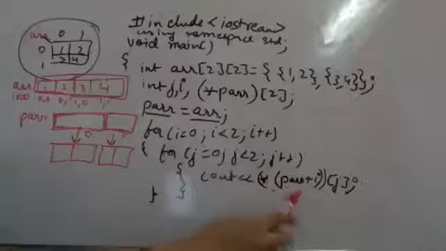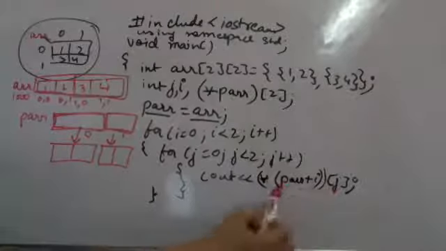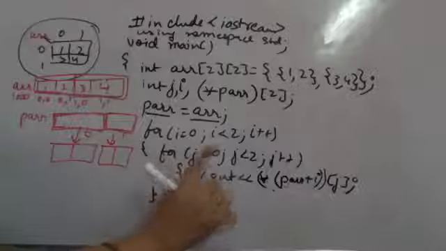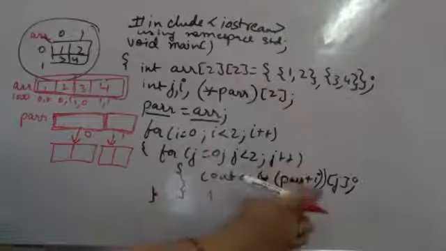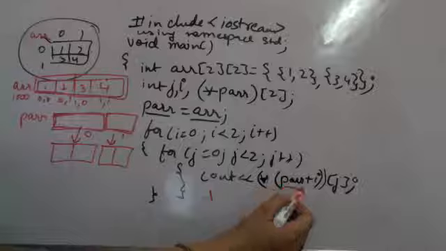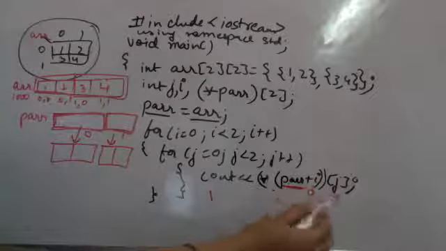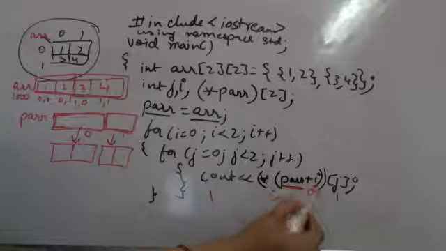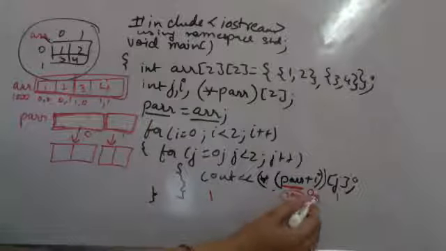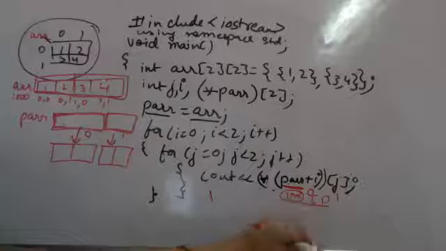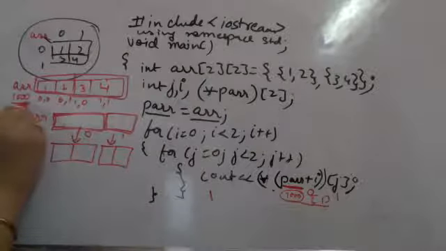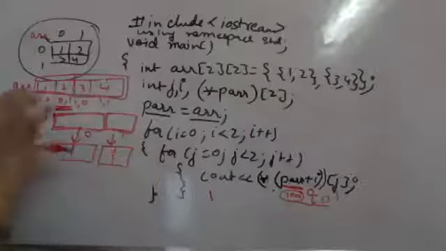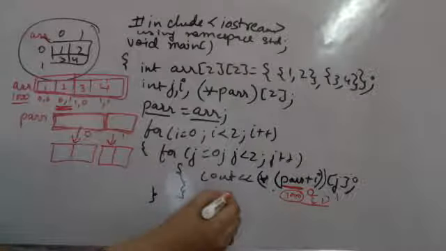In short, if we start from 0, 0 here, I is 0, j is 0, 0 remains 0, this is also 0, the value at the initial address, 1, gets printed. Next time j is incremented, I remains 0. So here the pointer to the array is the same, I is still 0, j has become 1. So when I am looking at the value, this plus 0 remains the same, which is 1000. Now we will look at the first address of the 1000 location. You have to understand that we are looking at the first column of the 1000 location, which is the value 2. It gets printed.